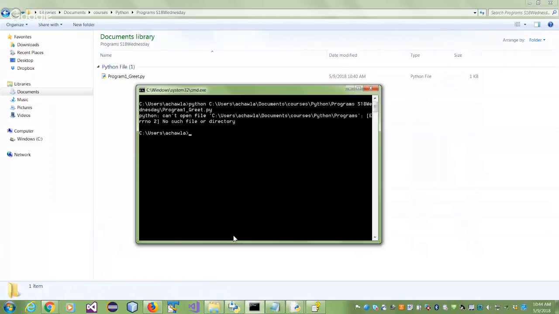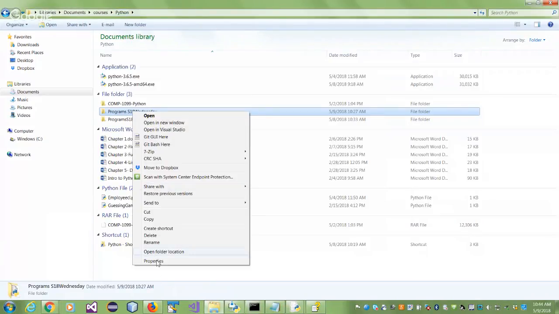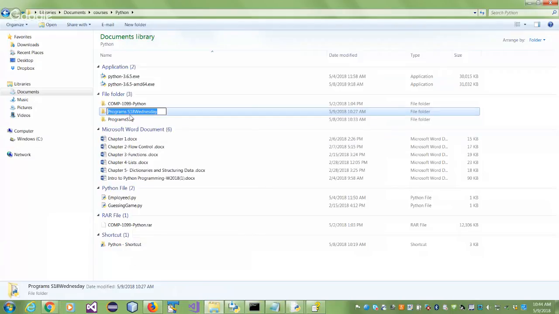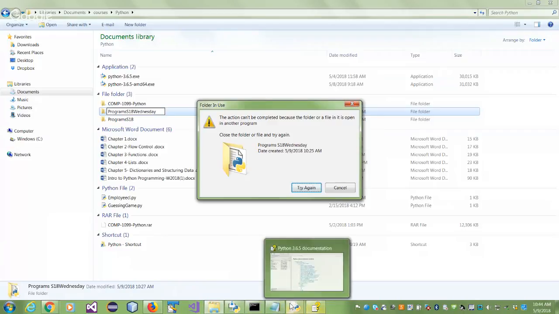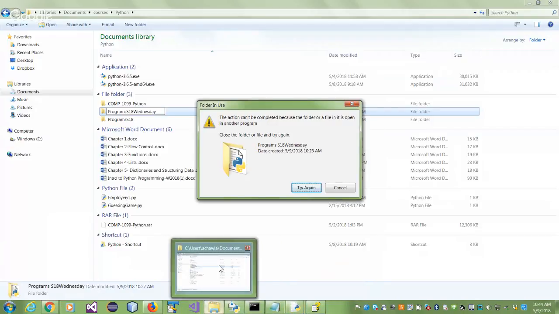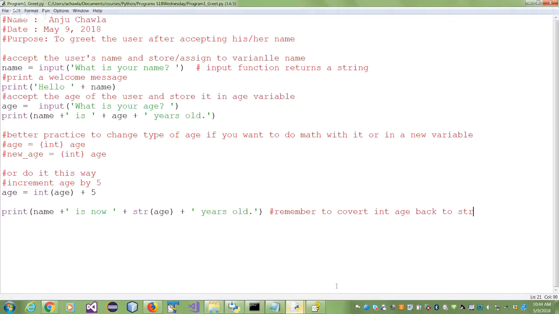Can't open file, no such file or directory. Now, what does that mean? Because there is a blank in it, do you think? I thought we were past that. I don't think so, unless it's creating, that's the only thing I can think of. But you can put blanks in your file names now. Oh, it is open in another program. What? Why is it not running?